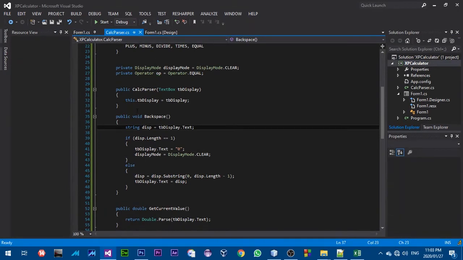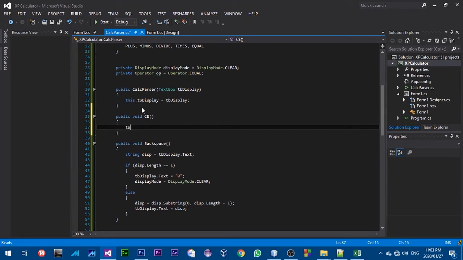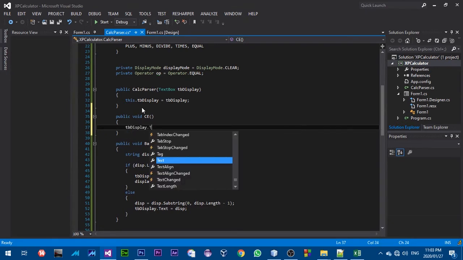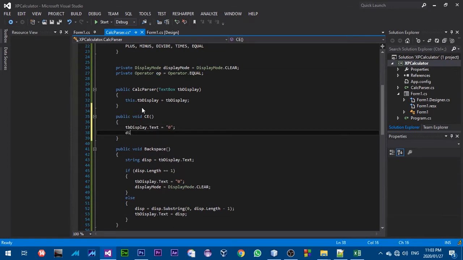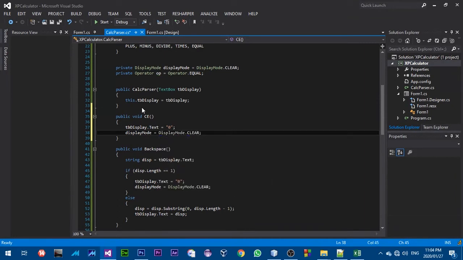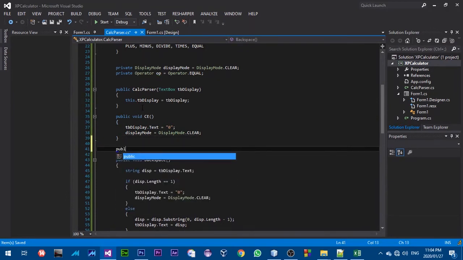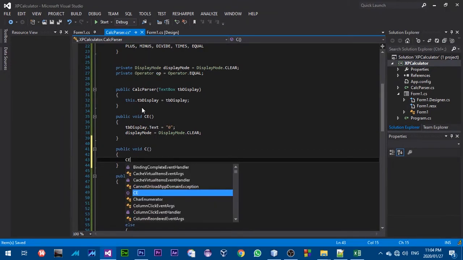So now I'm gonna implement the CE method here. I'm simply gonna call it CE, and then I'm just gonna set the text to 0, and then remember to change the display mode to clear again. Okay, and then now I'm gonna implement the C method. Okay, I'm gonna call the CE method here,